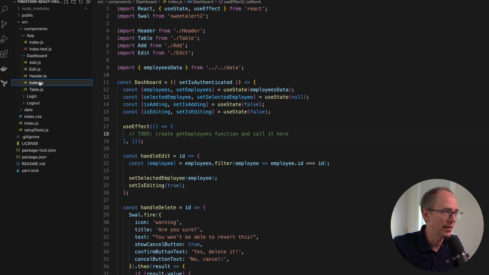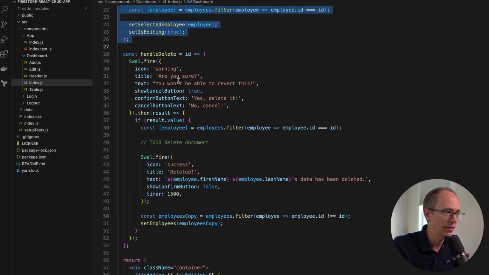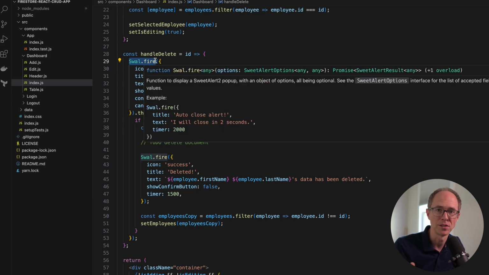We just need to look at the index file. And here you see we're just storing state, like the employees, the selected employee, is adding, is editing. We're just storing state. I have a to-do here in each one of what we're going to be adding. Handle edit, handle delete. And anytime you see this swal.fire, these are these pop-up confirmations that say, are you sure